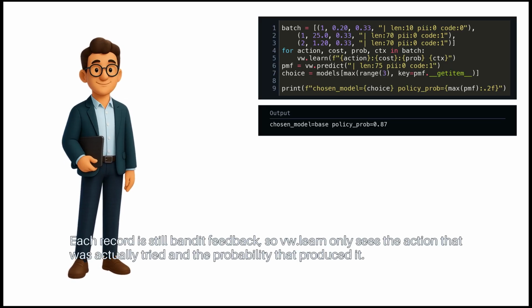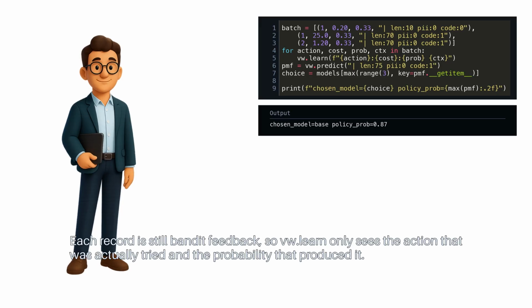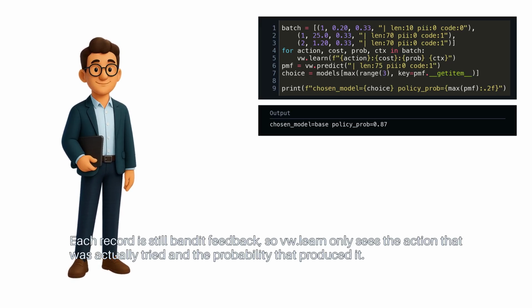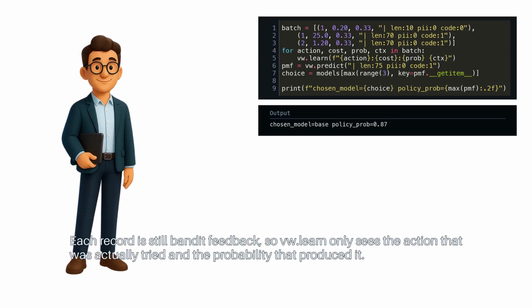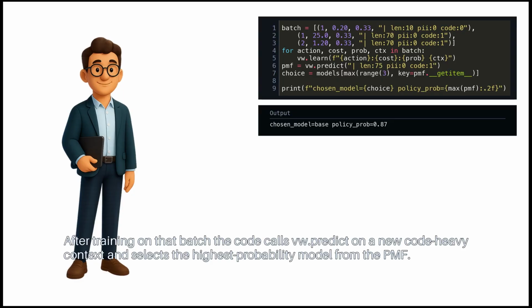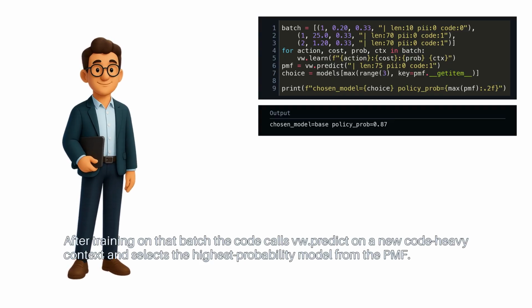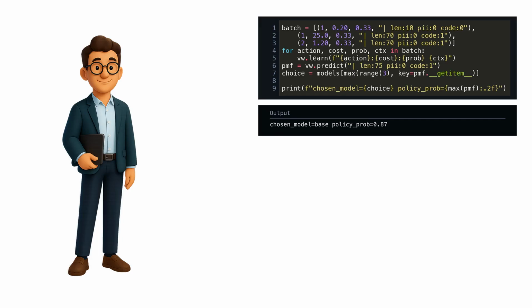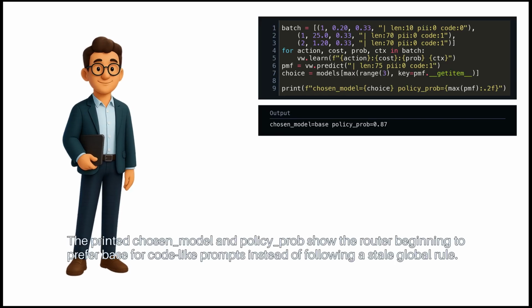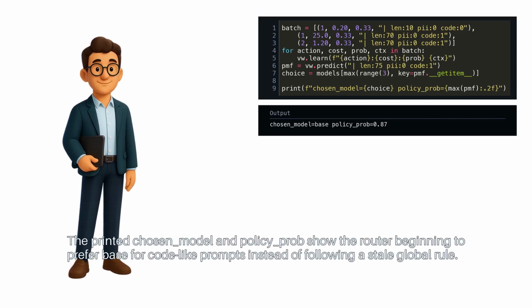Each record is still bandit feedback, so VW learn only sees the action that was actually tried and the probability that produced it. After training on that batch, the code calls VW predict on a new code-heavy context and selects the highest probability model from the PMF. The printed chosen model and policy prob show the router beginning to prefer base for code-like prompts